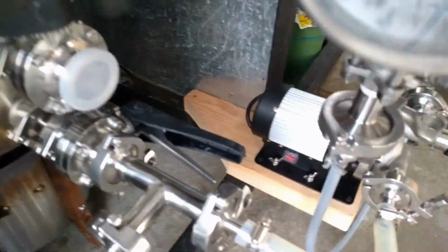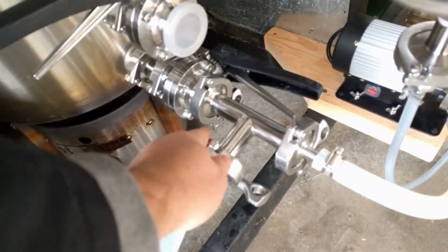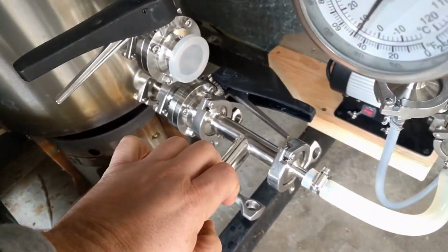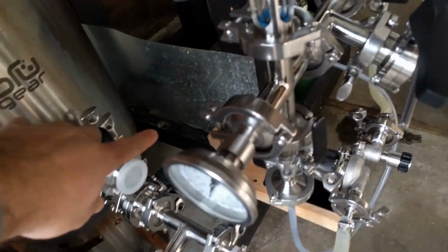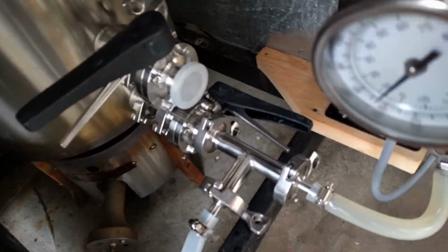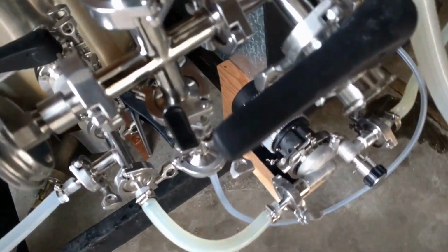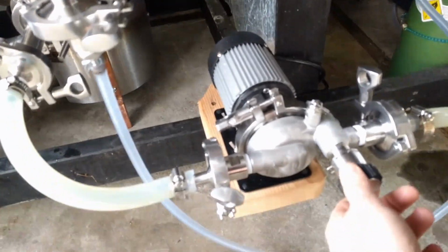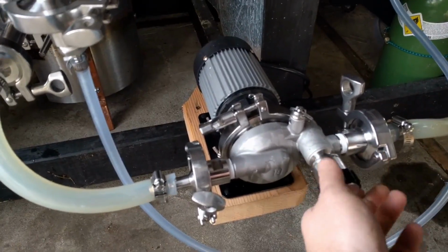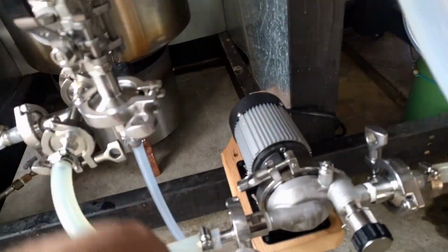From there, I've got a valve going to a T. This T, I'd normally have a valve on here, but I'm a bit short. This T basically allows me to put water in through my manifold, essentially, to get to other places. But for knockout, usually this is closed off and there's no water going in. It goes over to my pump, which is the Blichmann RipTide, and it's got this cool little valve built right into it. So open this guy,